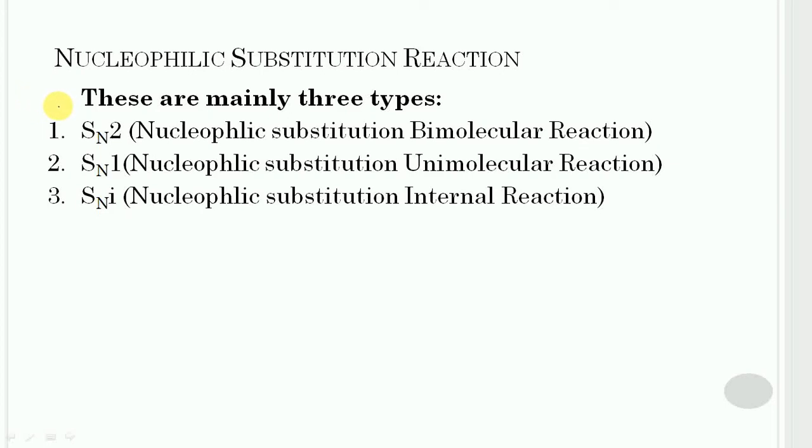Next is the nucleophilic substitution reactions. These are mainly three types. The first one, that is SN2. It is also called nucleophilic substitution bimolecular reaction. Second one is SN1. It is also called nucleophilic substitution unimolecular reaction. And third one, that is SNi. It is also called nucleophilic substitution internal reaction. So let us consider first one, that is the